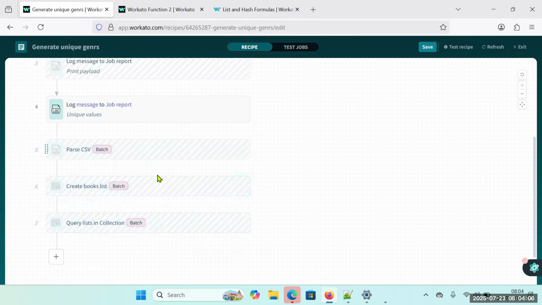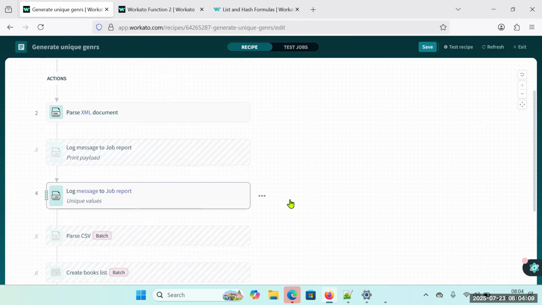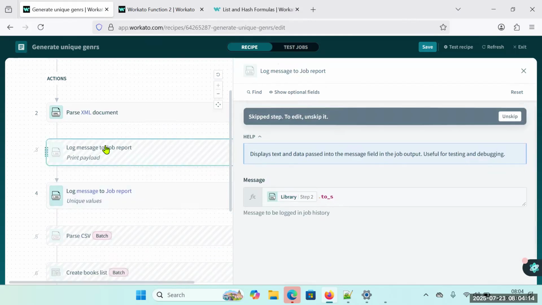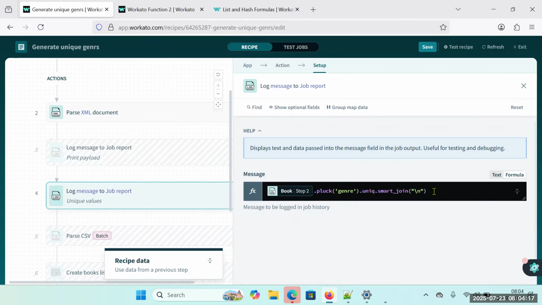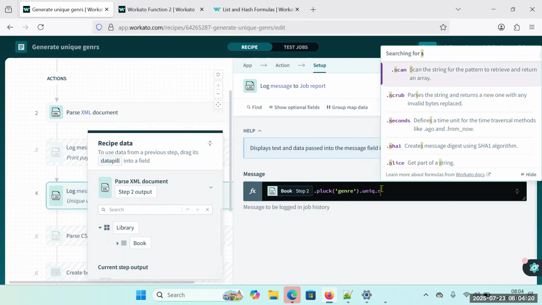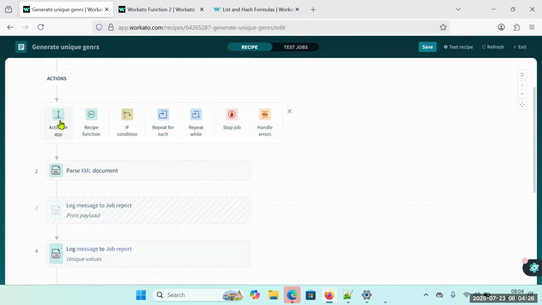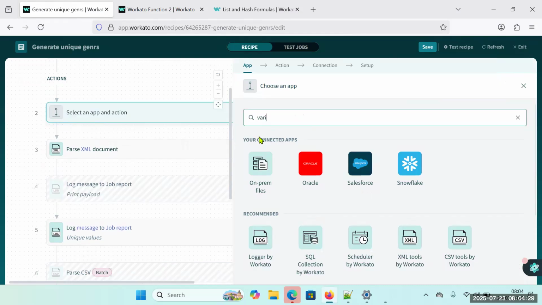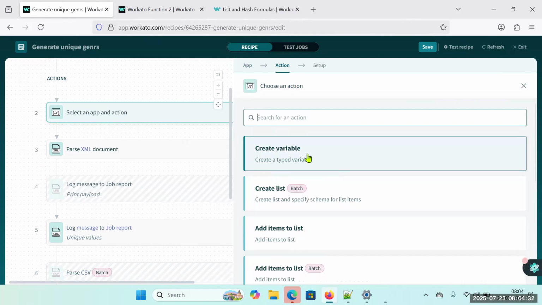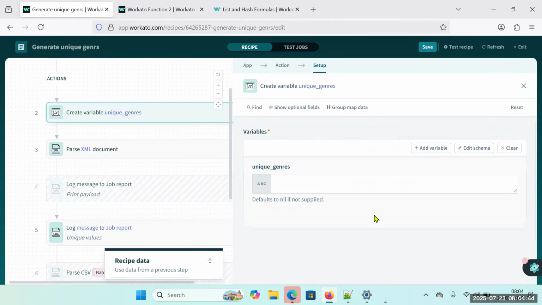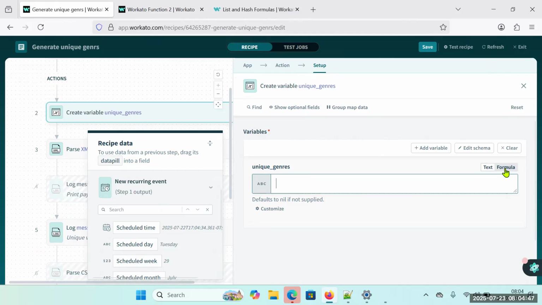If you want to comment out, you click on skip. So now you can see this is the one. Now I don't want to return or give anything here. Okay, so now I want to create a variable here. You create a variable and name it unique genres. You can just give this value and put the value as,